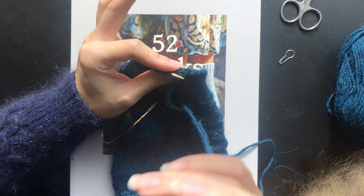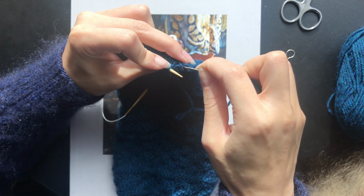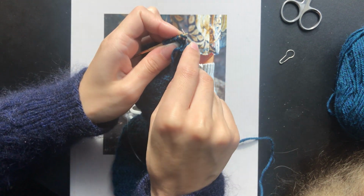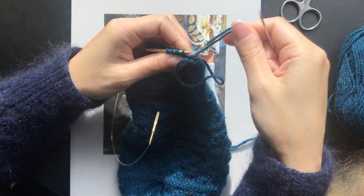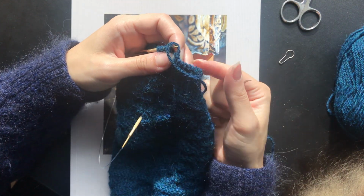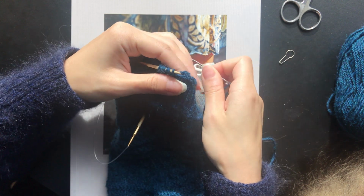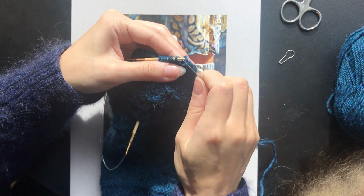And fun fact, I started doing it this way because I saw on Instagram that Petite Knit did it this way, and you know, Petite Knit tries to perfect her patterns. So I was like, oh, it gave such a neat, completely seamless edge. So I was like, maybe I should try that. And it's a fun way to just challenge yourself on